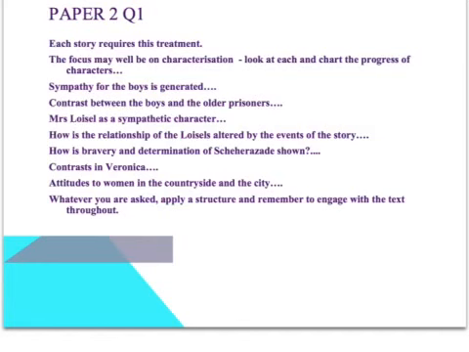In The Necklace, we might want to discuss whether or not Madame Loisel is a sympathetic character. We also might want to discuss their marital relationship and how this is changed, if you like, by the story. Don't ignore Monsieur Loisel in this story. In the King Shahryar story, I think the real focus here, presumably, is on the bravery and determination of Scheherazade and how she shows this bravery and determination, the selflessness that she does show because she wants to protect women rather than because she is out for anything of her own.